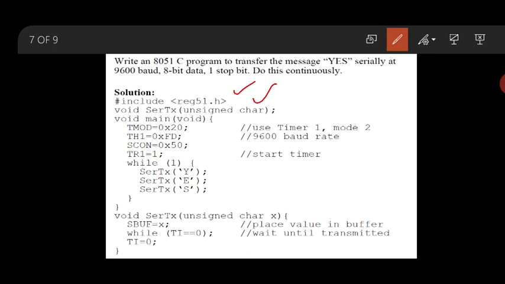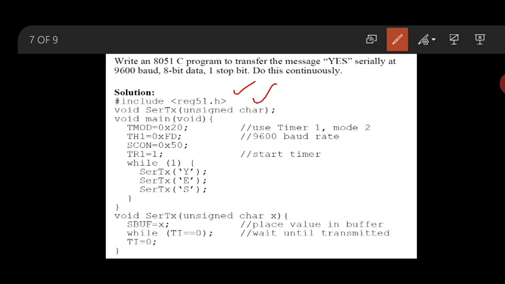It won't take any negative values, only positive, so 0 to 255 if it is 8-bit. Instead of unsigned int, if you do not mention unsigned, by default it is an integer, and it will take negative values also.